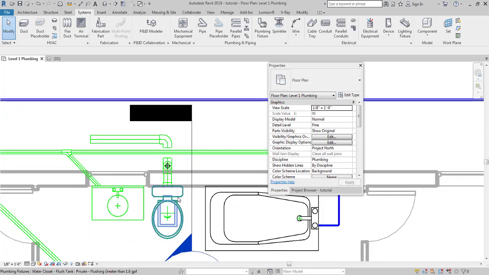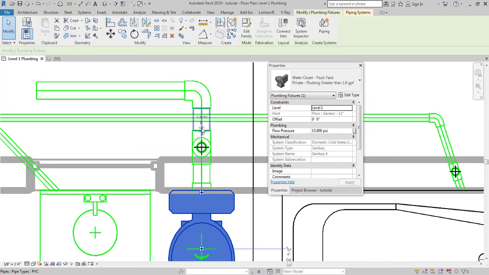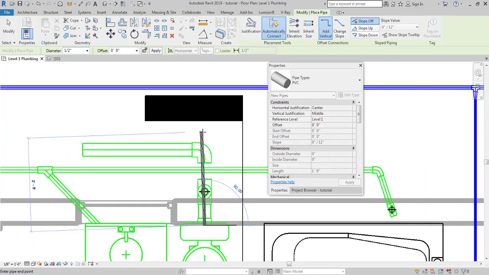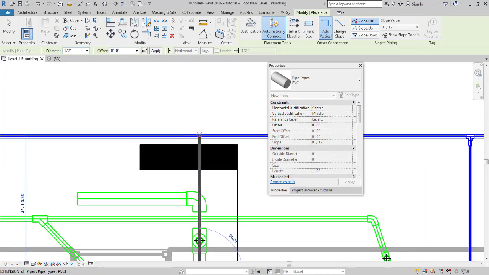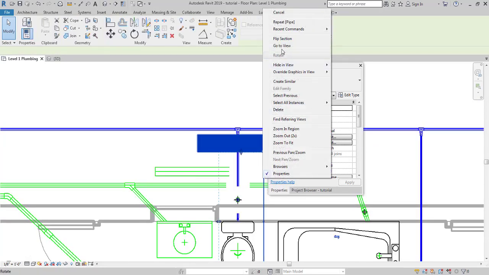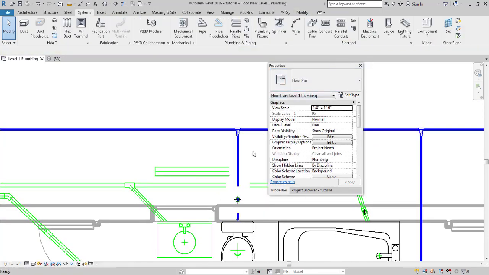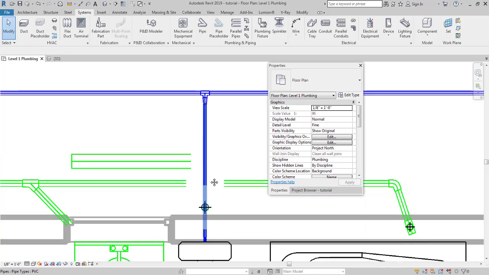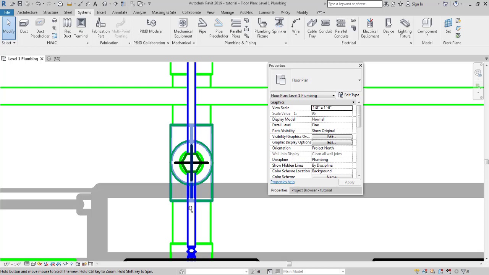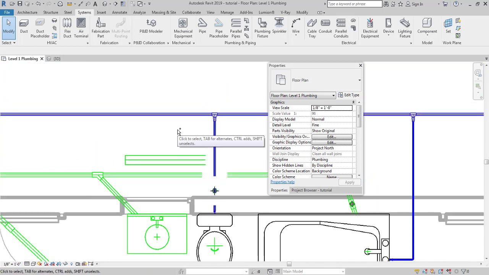We can do the same for this pipe right here. Select the pipe over here, give it 0, and just drag it out over here. Okay, right click on this, hide in view elements. Apparently I made one mistake. As you can see, the pipe is going right through the plumbing riser. We don't want that because that will give us coordination problems.